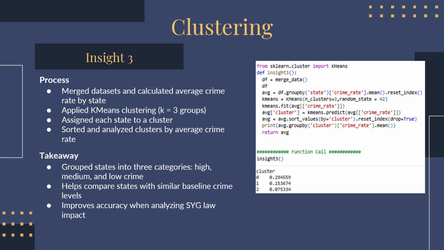So for Insight 3 and 4, we focused on clustering the data. So for this, we merged the data set and calculated the average crime rate by state. We applied k-means clustering. We split into 3 groups, a high crime, a low crime, and a medium crime, and then stored and analyzed the clusters by average crime rate. This helps us compare states with similar baseline crime levels and improves accuracy when analyzing the stand your ground law